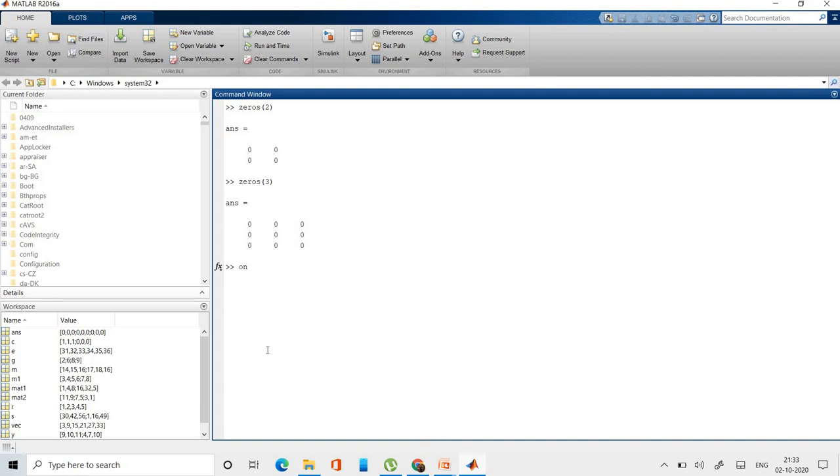And if you want to create ones, ones 2 will create a 2 cross 2 matrix of ones, or ones 3 will create a 3 cross 3. Similarly, an identity matrix can be created.